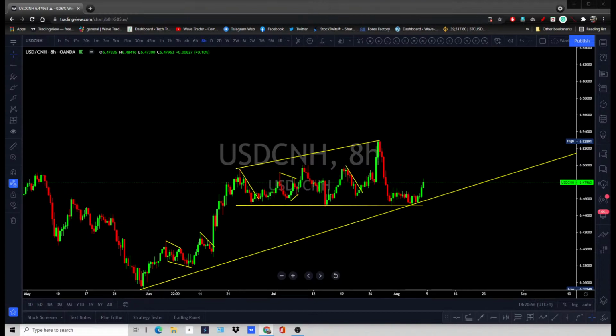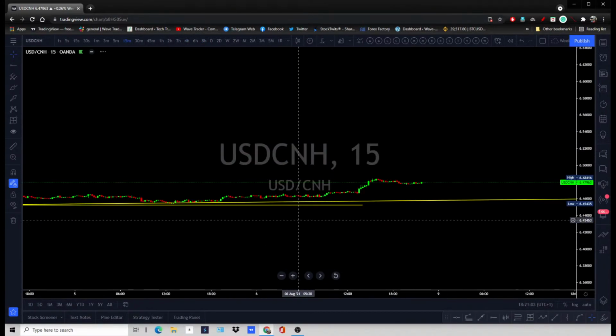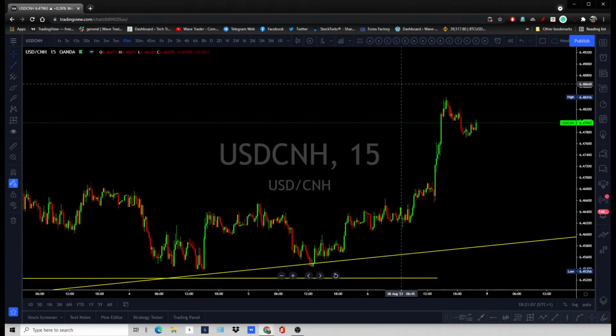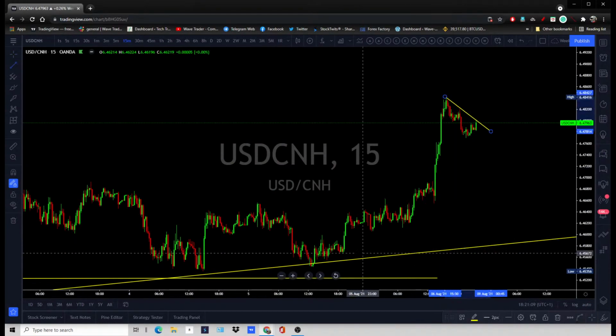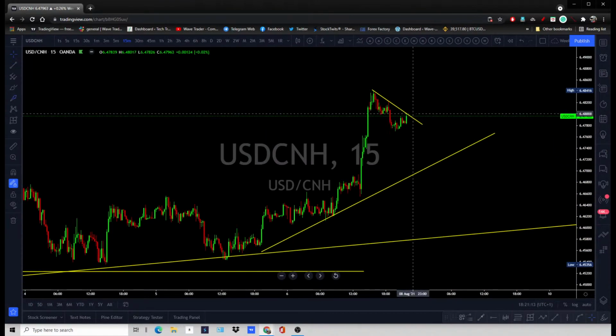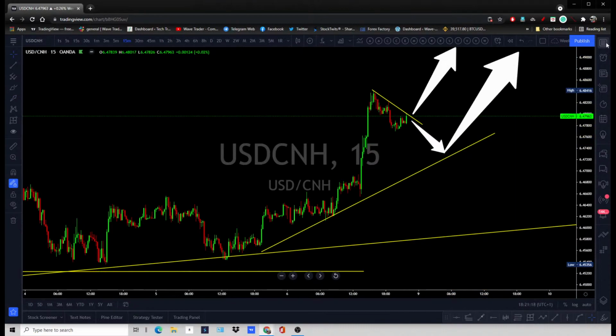Let it continue to push more. Let me check the lower time frame. The flag is already there. That 15-minute flag on dollar pairs is just appearing. You are looking for this to break out, or get slightly bigger, and then continue its next wave.